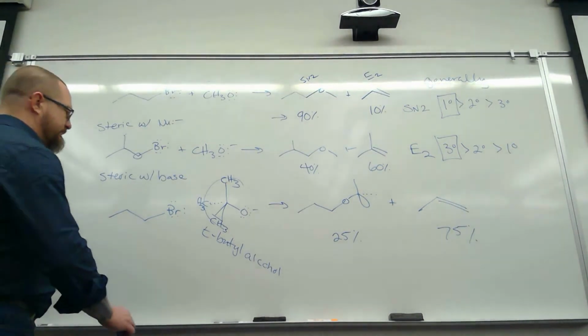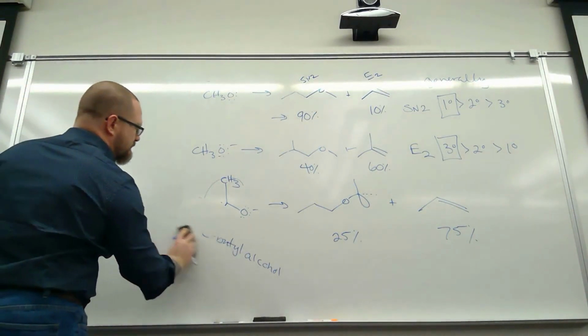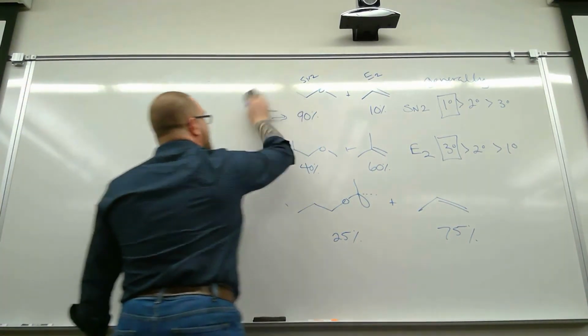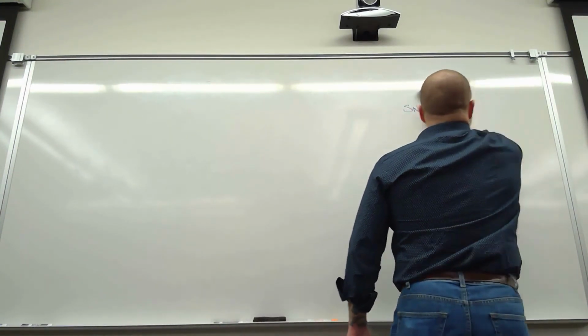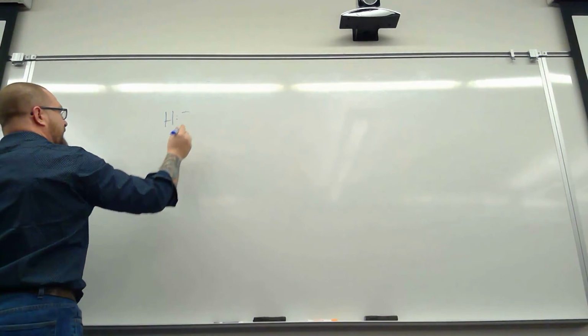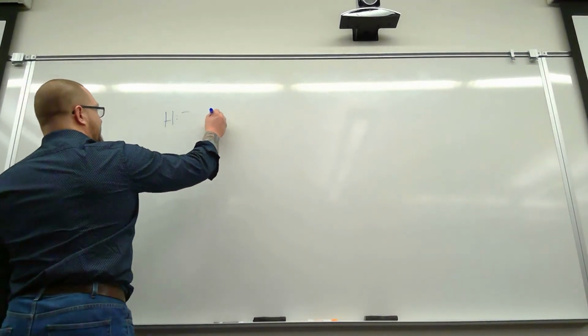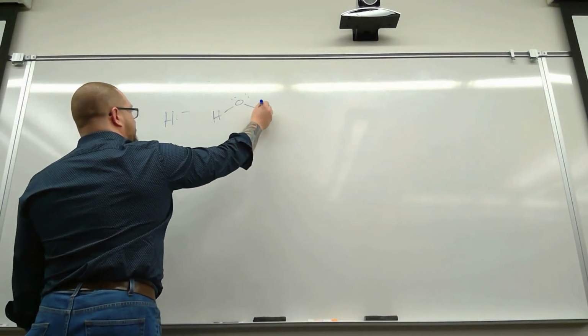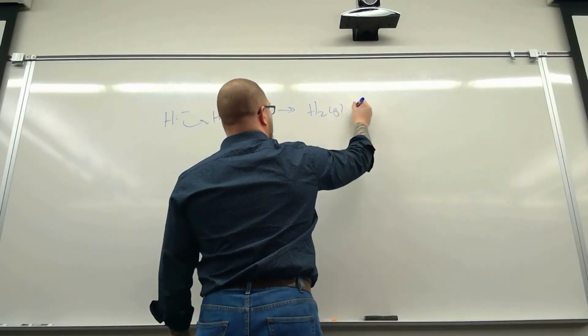So there are all kinds of reactions where, let's say, one of the bases we'll use, which is a very, very strong base, are hydrides. A hydride is a hydrogen with a pair of electrons and a negative charge on it. This is a very unhappy thing that really, really wants to give those electrons to something else. It wants to do that so badly that it is happy to aggressively pull water apart to form hydrogen gas